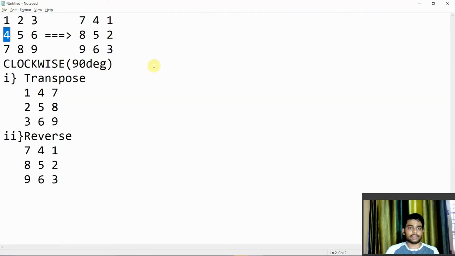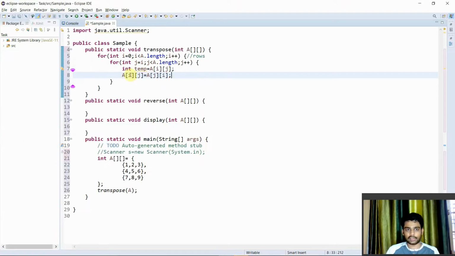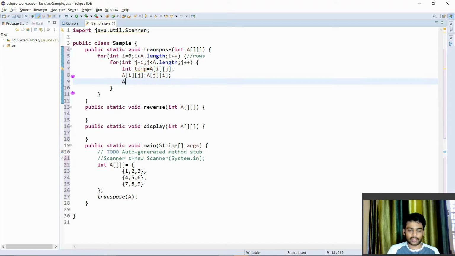Here i comma j, we need to swap in the sense we need to make i comma j as j comma i. That's what we are doing here. So a of j of i equals to temp. Yeah, that's it. So we have done this part, so let us check whether it was working fine or not.